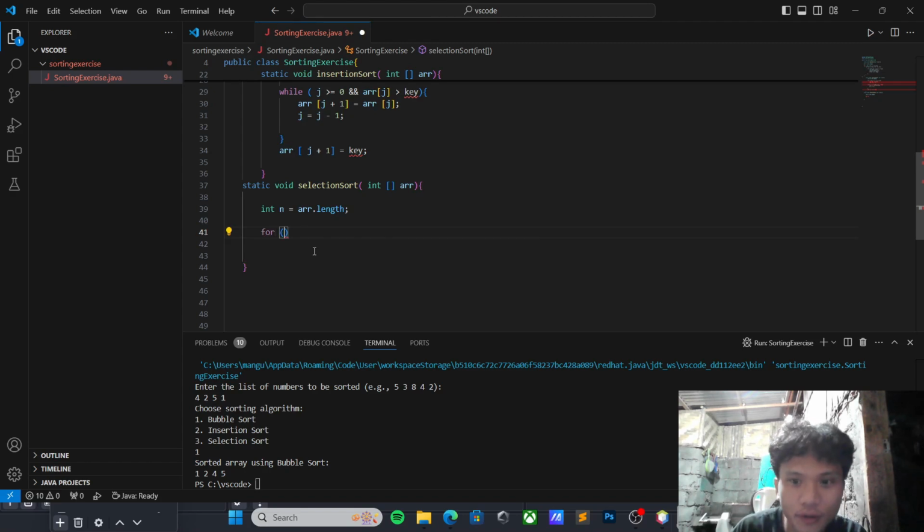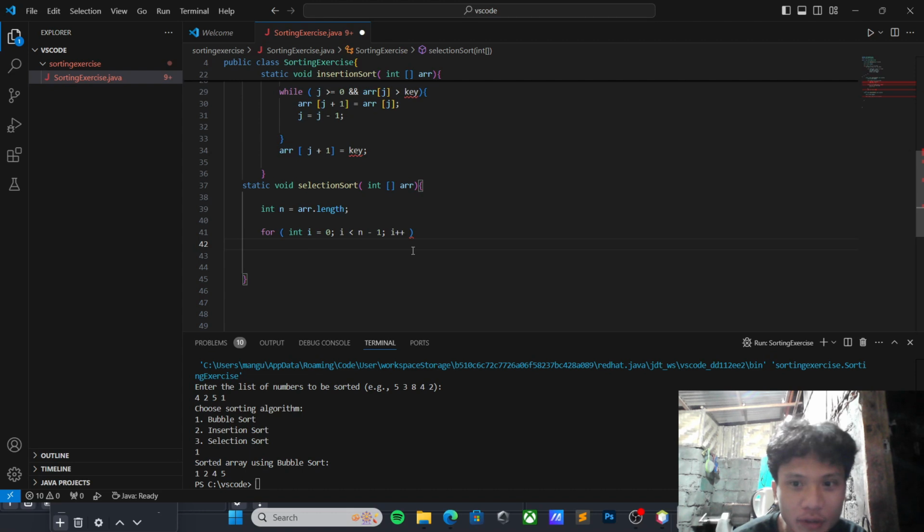So for int i equal to 0, then i less than n minus 1, and the incrementing of the variable i.